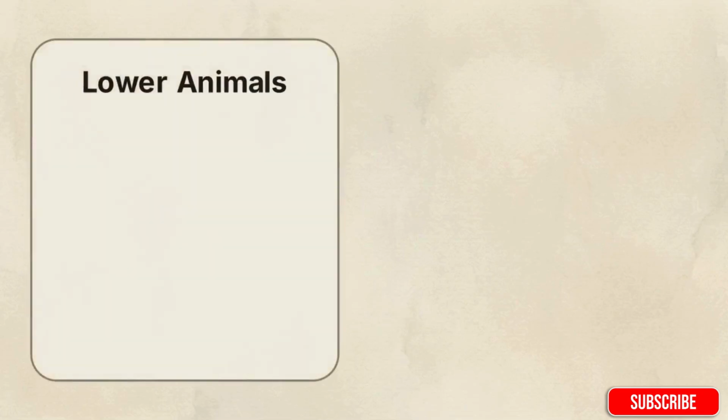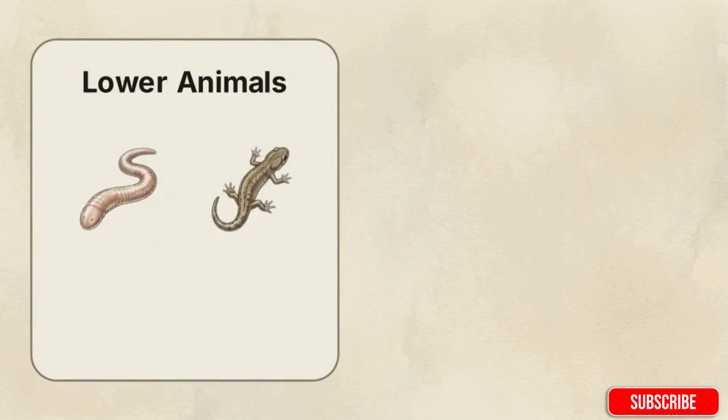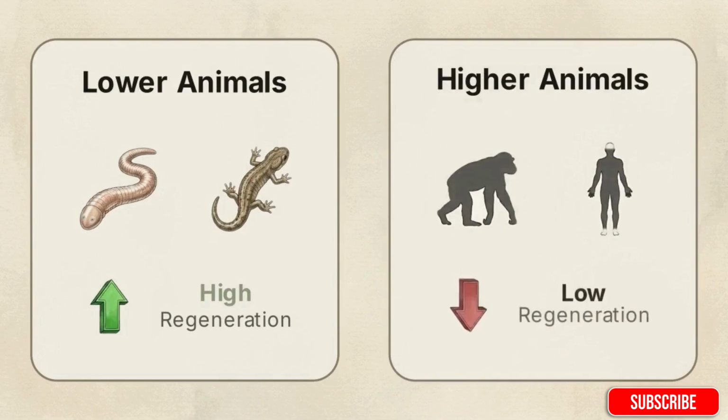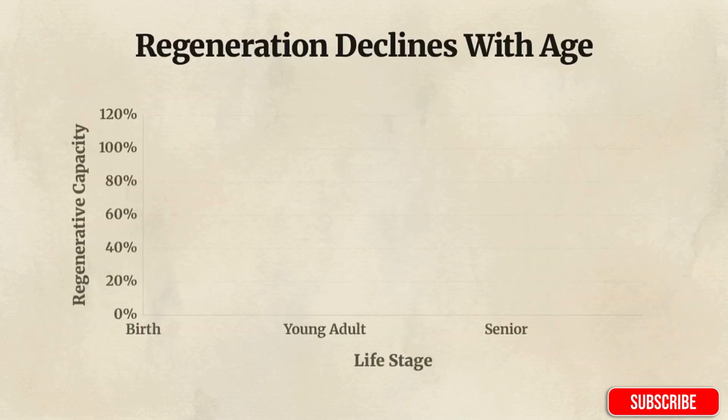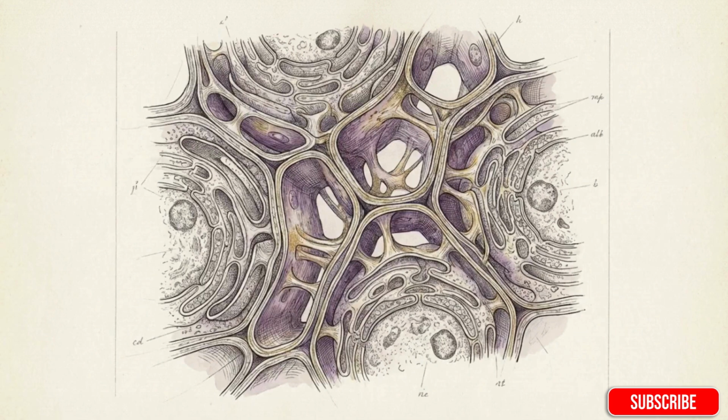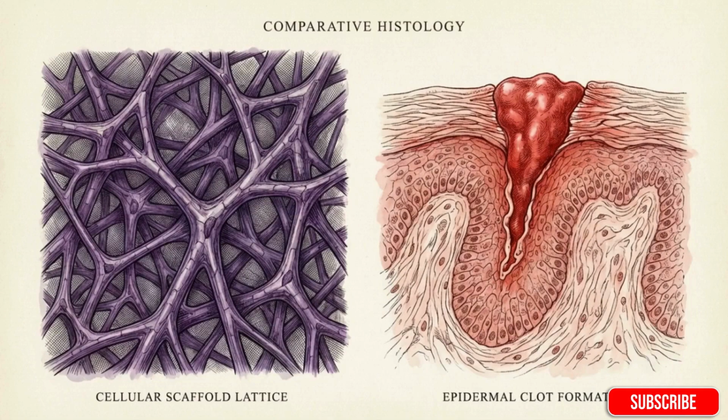Lower animals, such as certain worms and amphibians, possess high regenerative capabilities. Conversely, higher animals have almost none. This capability is also limited by time. As an animal ages, its ability to reconstruct tissue decreases significantly. Regeneration is an active biological construction process. It is governed by an organism's evolutionary rank and its age, making it distinct from the simpler healing processes that